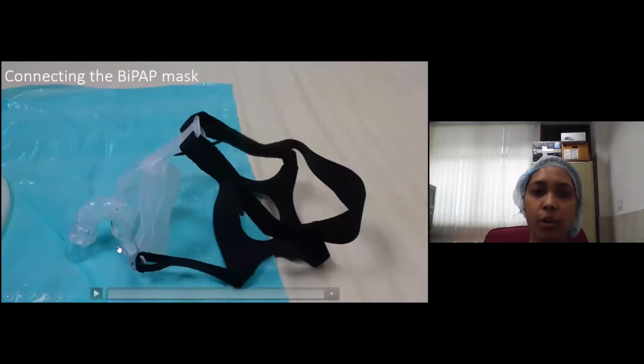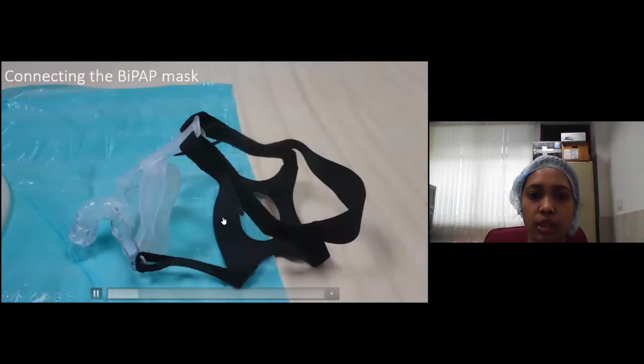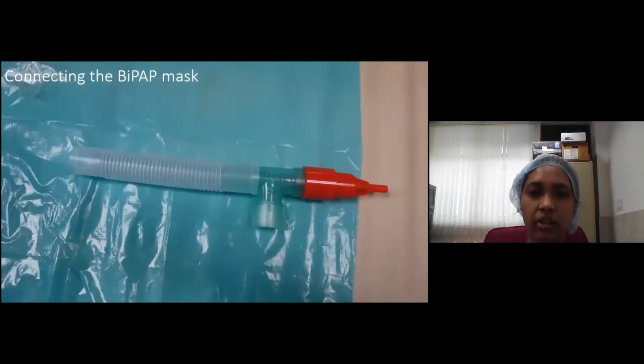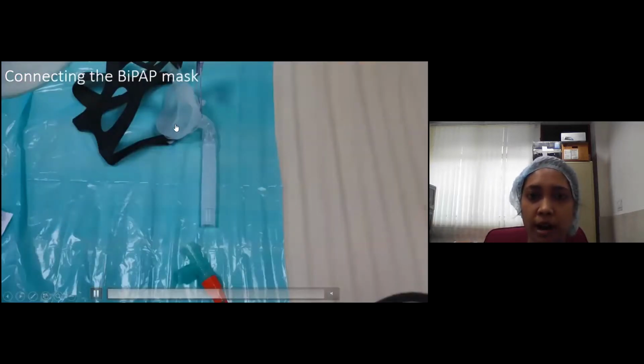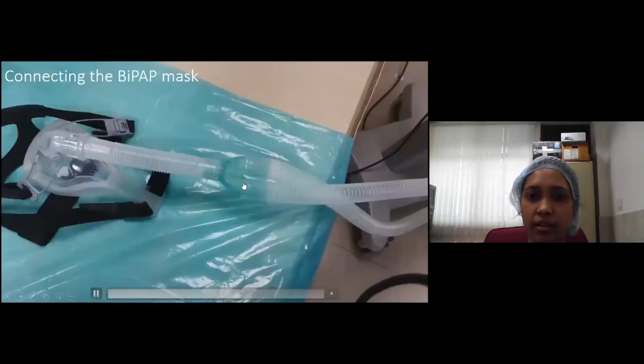Now, if we desire to use a ventilator for delivering non-invasive ventilation to a patient, we again come to the basic requirement of a non-invasive mask, and this is how we'll fit our circuit for non-invasive ventilation with the ventilator. We'll require a T-piece, the usual T-piece available everywhere. The white portion of the T-piece is disconnected, and one end of it is connected to the mask and the other end is connected to the circuit.